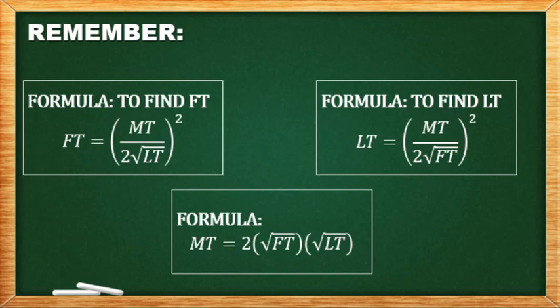And to find the last term, Lt is equal to the square root of Mt over 2 times the square root of Ft. Again, what is Ft? First term. What is Mt? Middle term. What is Lt? Last term of the given trinomial. So let's try